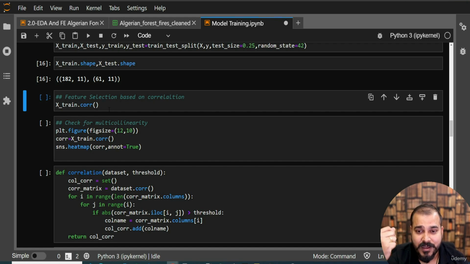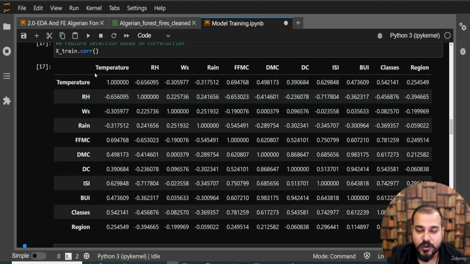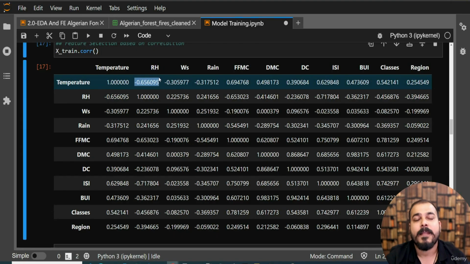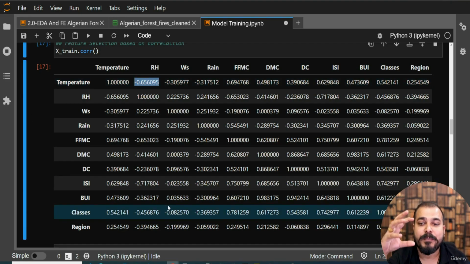feature selection also. Now this is super amazing, guys, because once we do this correlation, we'll be able to find out the correlation between all the features to the other features. Like temperature and RH, how it is correlated. It is correlated by minus 0.65. Now how can I use this particular information? Let's say I keep a threshold of 85%. And I say that whichever independent feature has this specific correlation of 85%,